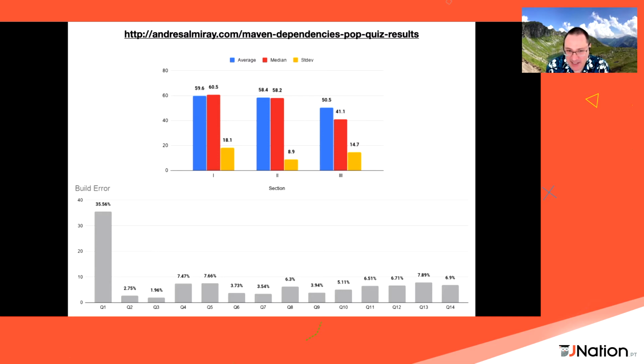And it's surprising that for the first question, remember when we had 2 duplicate direct dependencies, 35% of the people thought that having 2 definitions of the same dependency with different versions should be an error, but it's not. I already showed it's a warning. You can turn this into an error if you configure an enforcer rule that bans any duplicate dependencies.